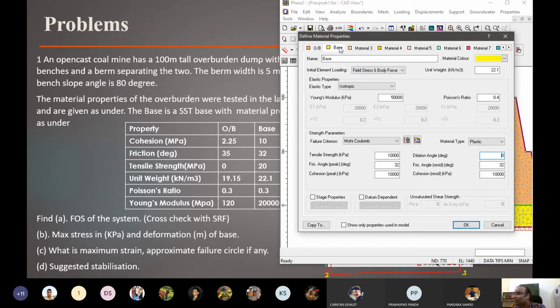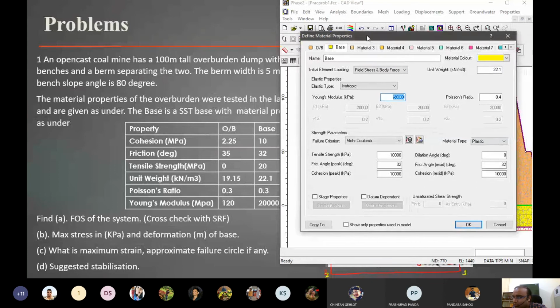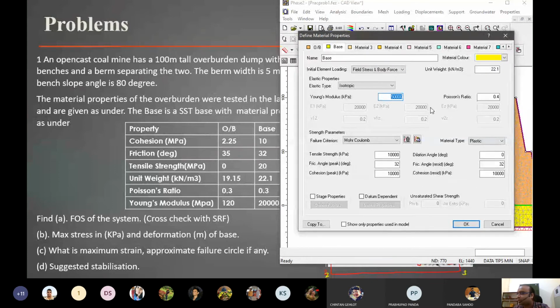And for base, 22.1 is correct. Young's modulus is 20,000 megapascals, so that's 20 gigapascals. So let's count zeros properly. 20,000 megapascal. Another 3 zeros is gigapascal. Okay. And Poisson's ratio again is 0.3.